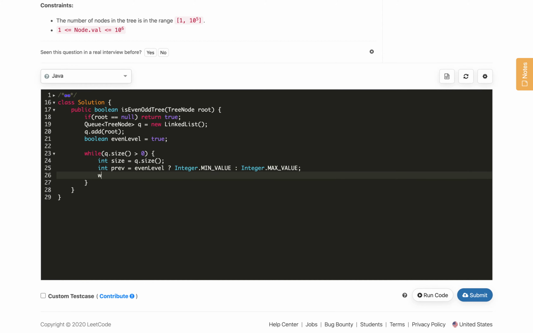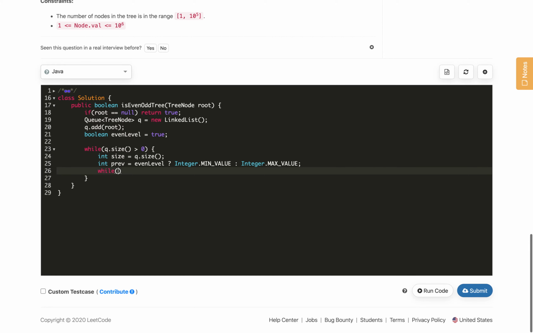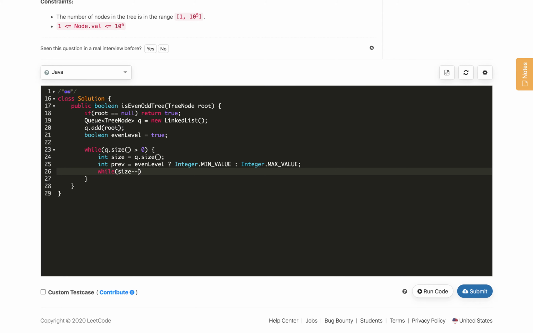So now we will iterate over all the nodes on that level, with size minus minus until greater than 0.